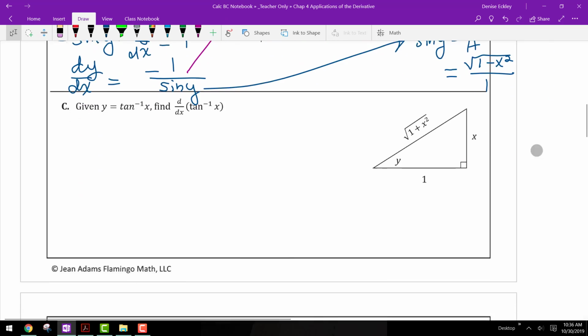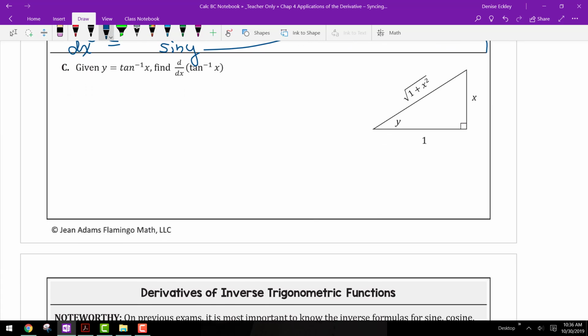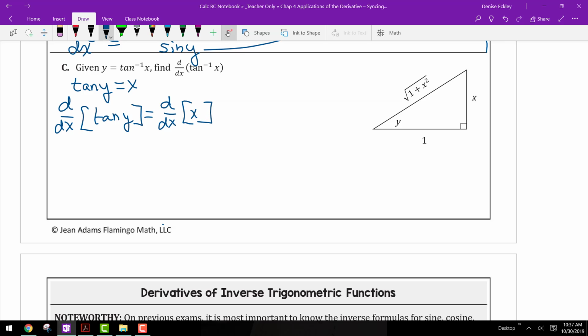And then finally our tangent derivative, starting out the same way. So instead of having y equal the inverse tangent of x, which we do not know how to take the derivative of, we do know how to take the derivative of tangent y equal to x. So we'll take the derivative with respect to x of both sides. And we get the derivative of tangent is secant squared y, and then again we need a dy dx with our implicit differentiation,